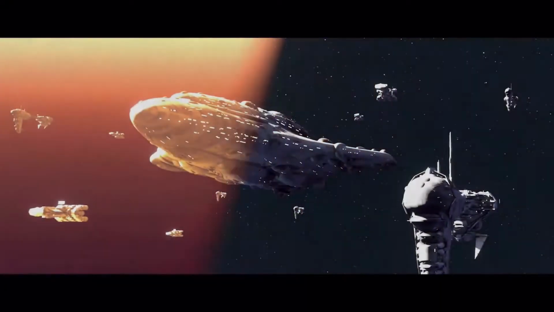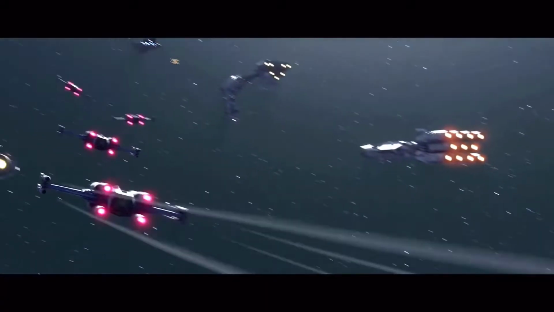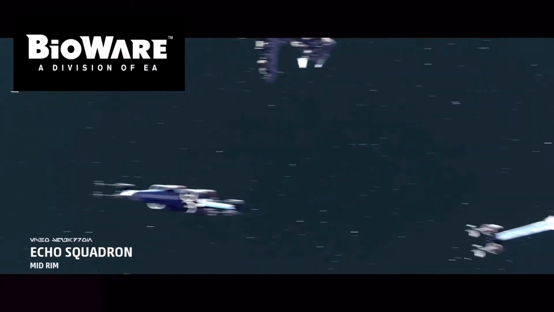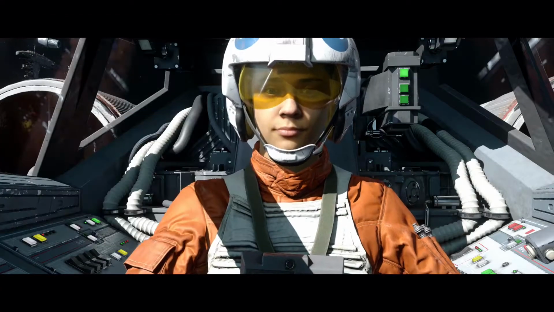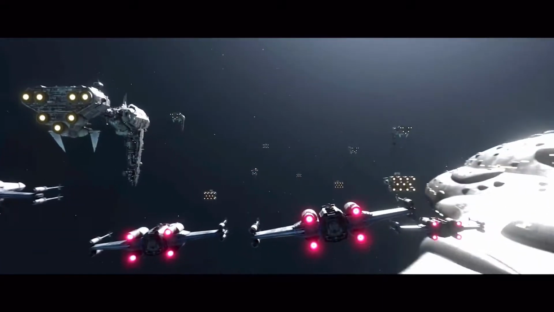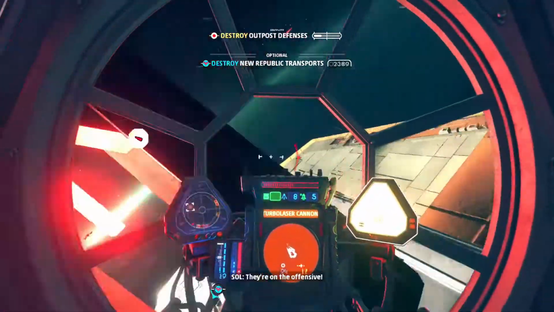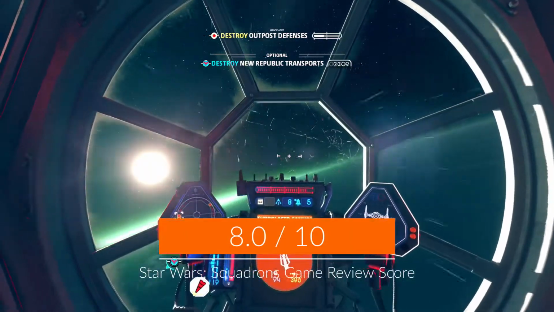The writing is done well enough to insert decisions on the player side to show some personality, but again, the expectation here is space combat, and not BioWare type of conversations via Mass Effect and Dragon Age. But I still believe, if you're gonna do it, don't do it halfway, and please give your character some kind of personality. Overall, Star Wars Squadrons gets an 8.0 out of 10 for its have-to-be-there story mode,